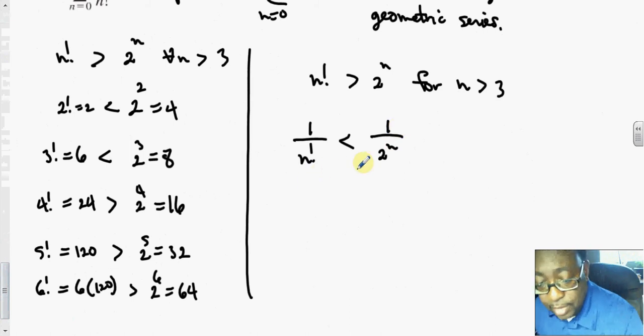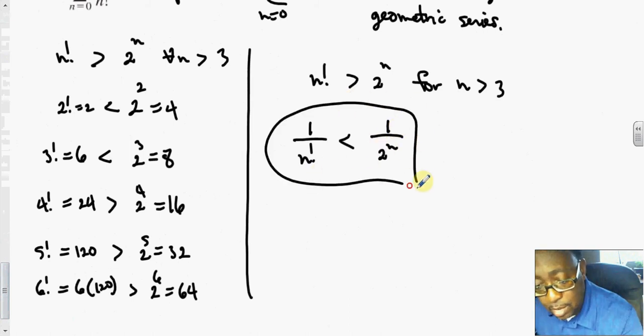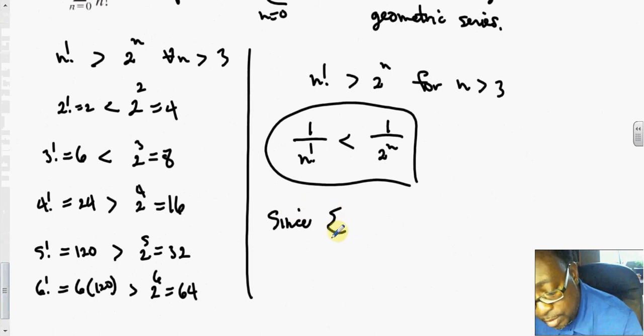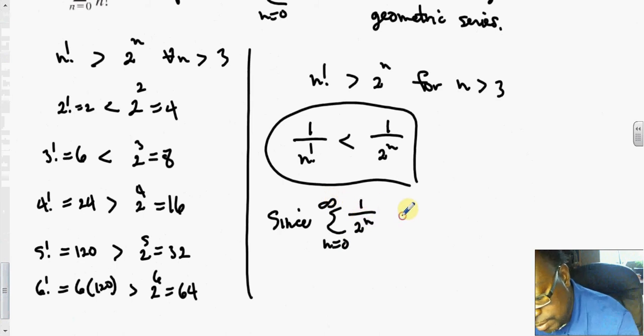Well, since we know that the series for 1 over 2 to the n converges, anything less than that must also converge. Since the series, n goes from 0 to infinity, of 1 over 2 to the n converges,